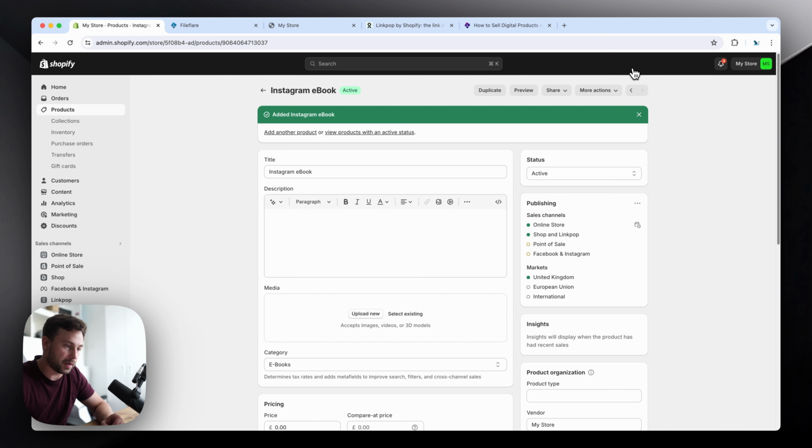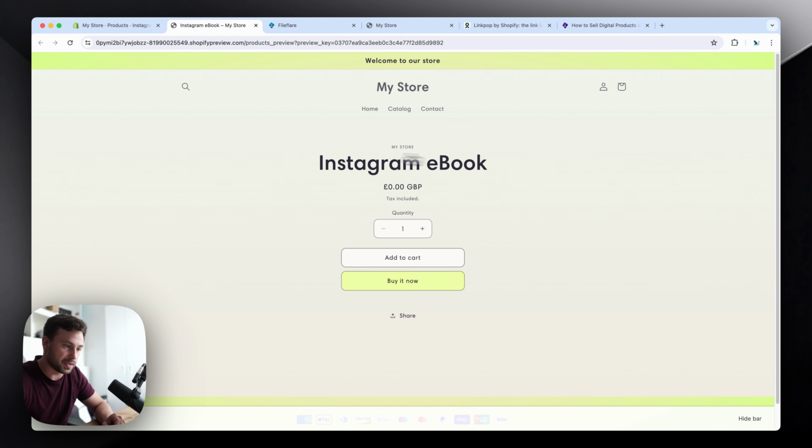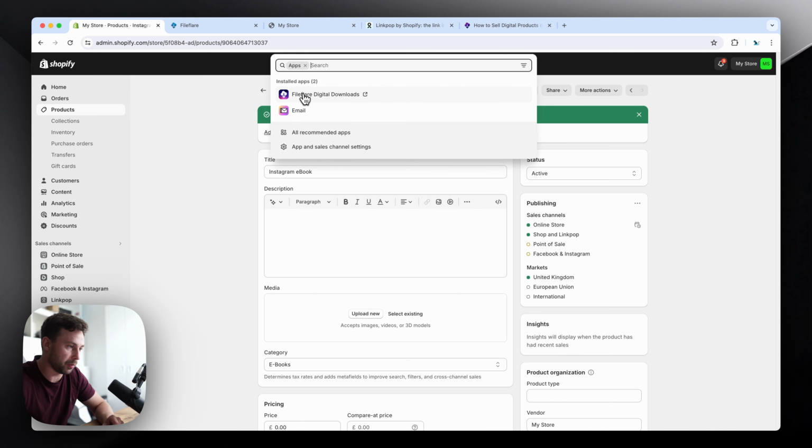So the next step now is to upload the digital product and attach it to this ebook, so that when a customer orders this ebook, if I go to the preview page, you'll see, when a customer orders this ebook, the attached files will be sent to the customer instantly. Okay, so how we're going to do that is we go down to the apps section here, and then we'll open up FileFlare Digital Downloads.